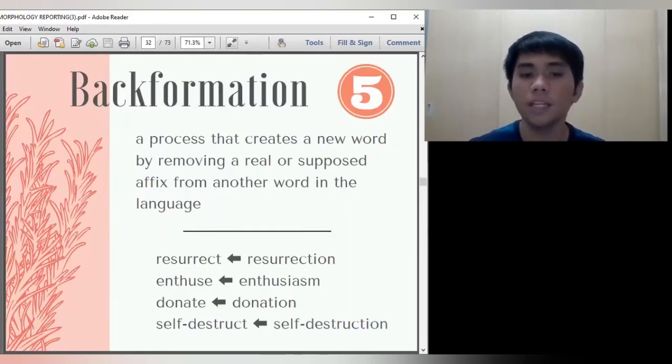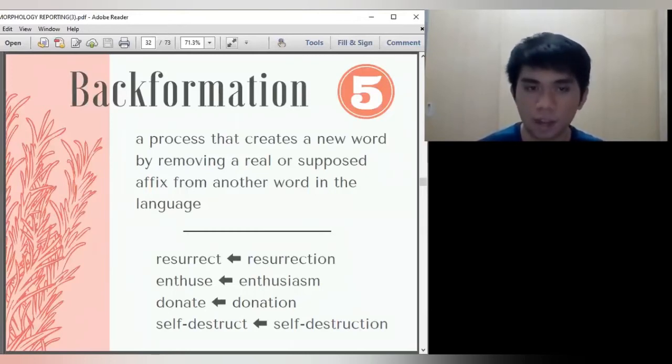Accordingly, the older words, the ones existing first, are the longer words, which are resurrection, enthusiasm, donation, and self-destruction, and they are nouns. Through the process of reanalysis, their suffixes were removed, and then the verbs are formed, like resurrect, enthuse,